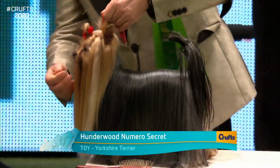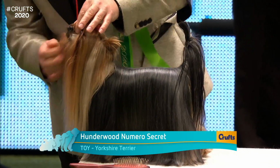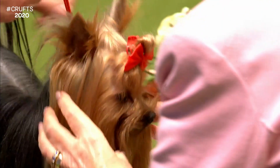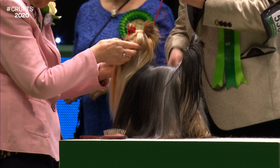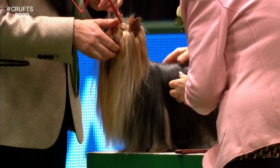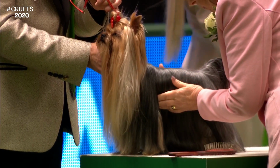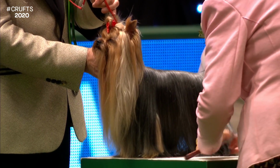The last of our best of breed winners in the toy group is the Yorkshire Terrier. These are believed to have been developed from a combination of the Black and Tan Terrier with the Maltese and the Skye Terrier. They should have a glorious, straight, glossy coat with a steel blue, really contrasting against that rich, bright tan. That magnificent coat does require a lot of grooming. It's believed they were taken to Yorkshire by Scottish labourers. Same area as the Airedale Terrier, that we'll see later in the week. The ridings of Yorkshire, and were first seen in and around